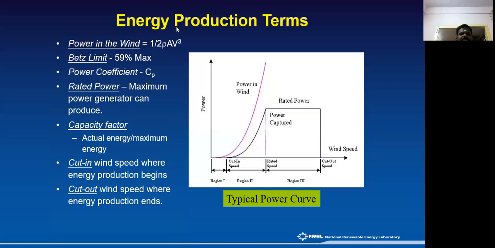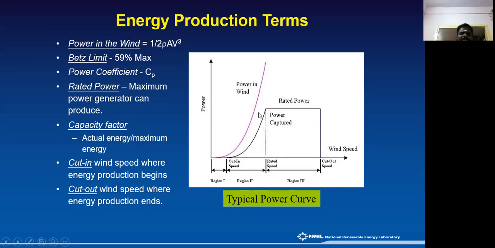You see the power from the wind and the wind characteristics, representing power with respect to the wind. It has been represented with three regions: region 1, region 2, region 3. This is the typical wind curve. Region 1 ends with the cut-in speed. If the wind speed is less than the cut-in speed, the turbine should be moved to the parking mode or braking mode. Above the cut-in speed, the wind turbine starts to produce power.